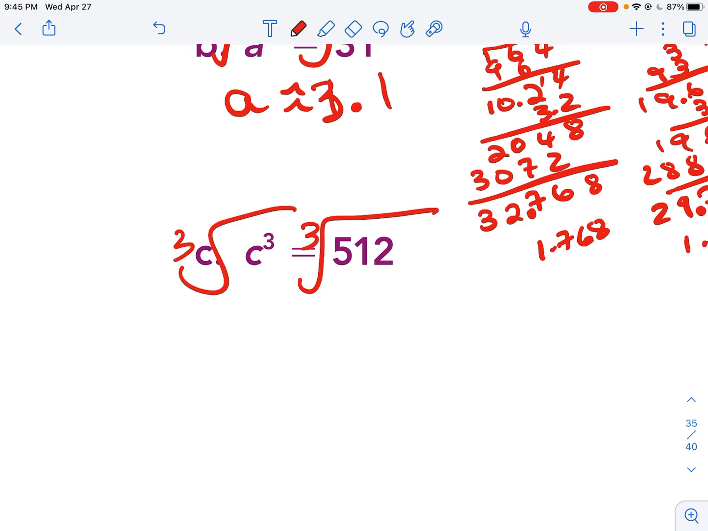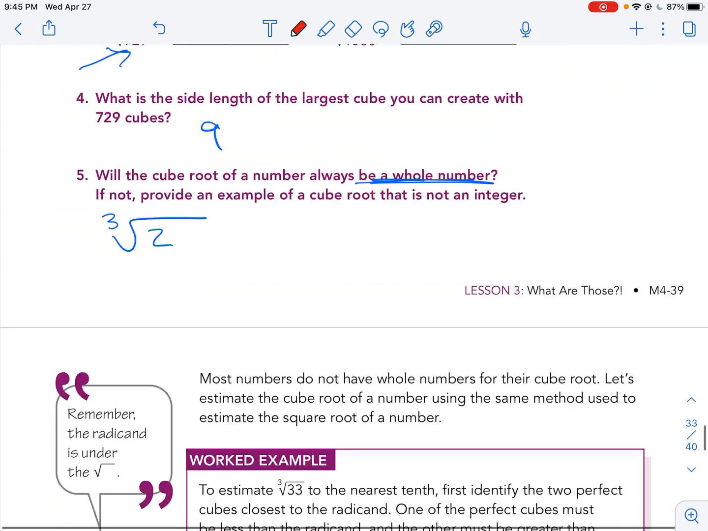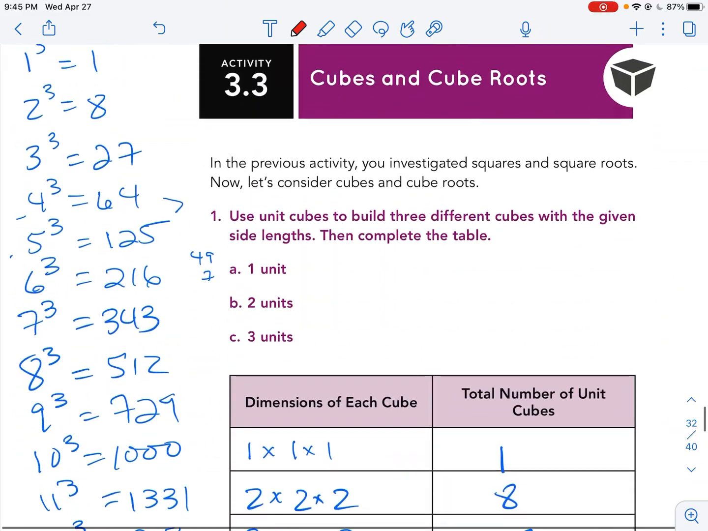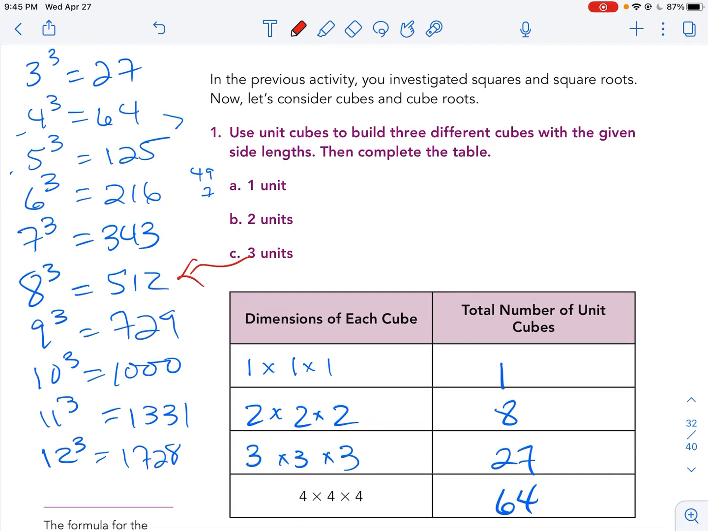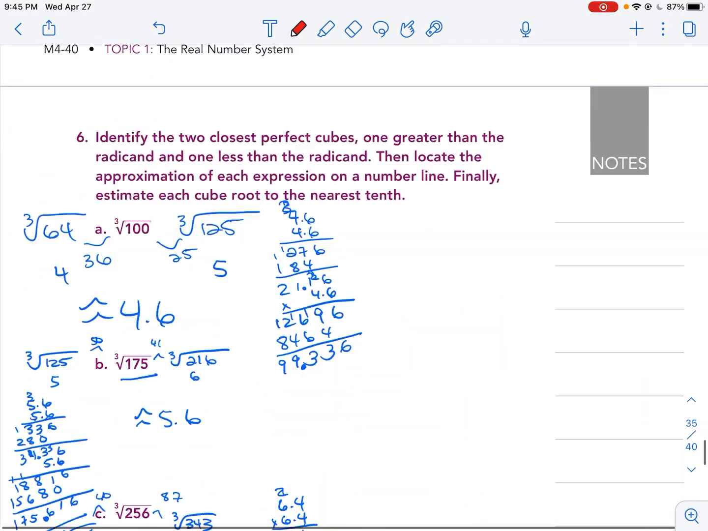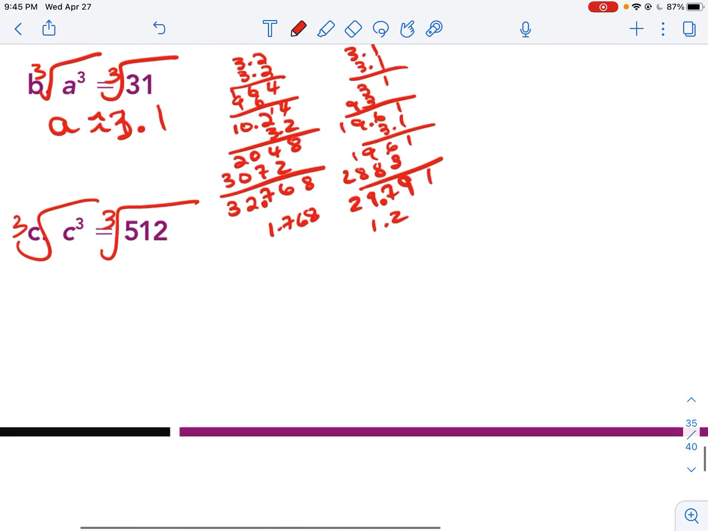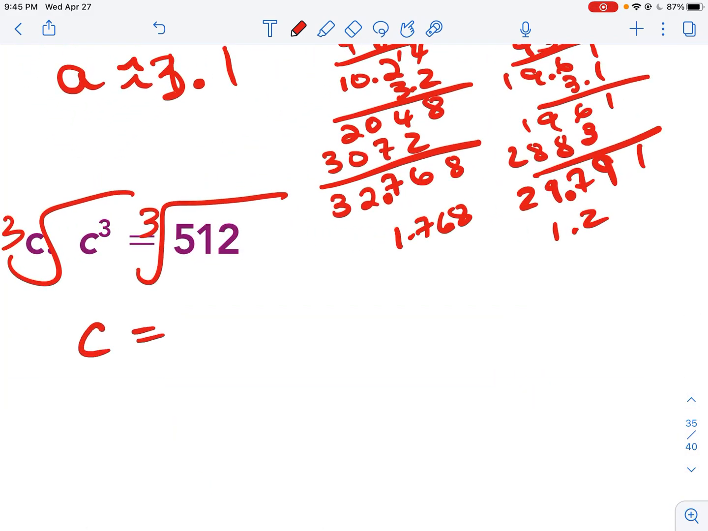Okay, and the cubed root of 512. Well, let's look back up here. 512. Oh, look at that. Isn't that just 8? Isn't that nice? So this